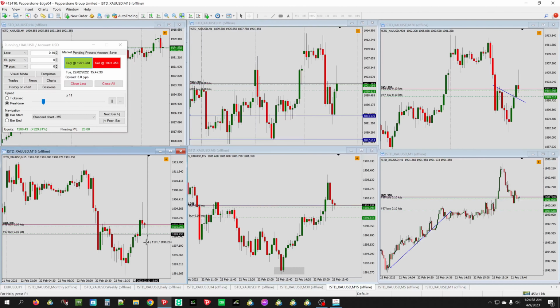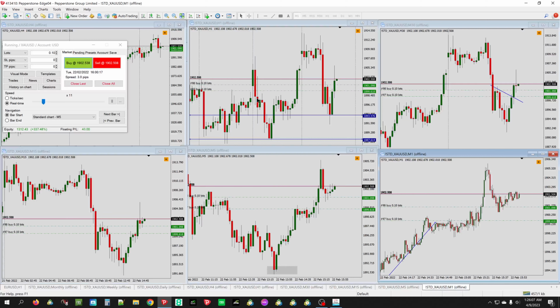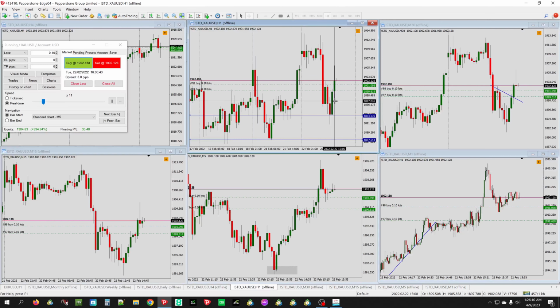Now I just need to wait. The M5 candle has closed bullish, and the next M5 candle, will it break above the high? And at this point, the M30 candle is about to close a little bit bearish, the H1 candle is bullish. So I do anticipate that the next candles should respect below this H1 candle low and